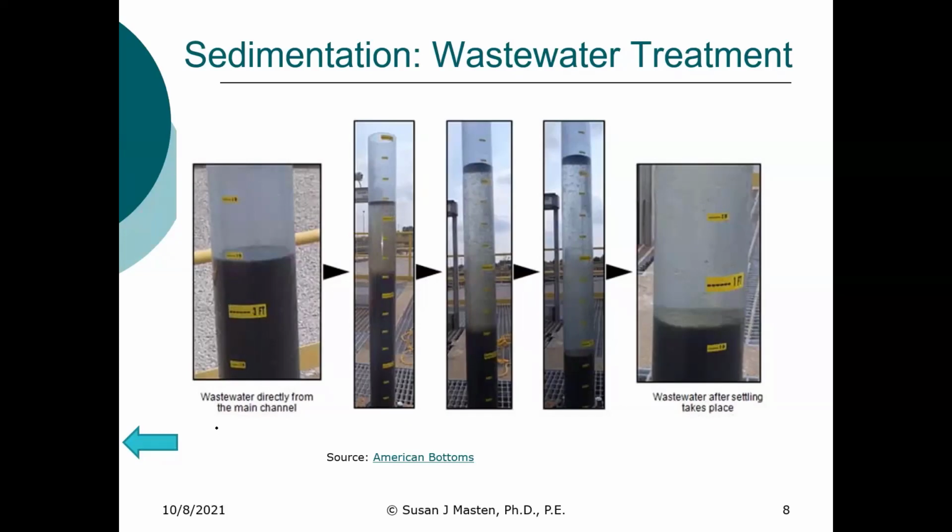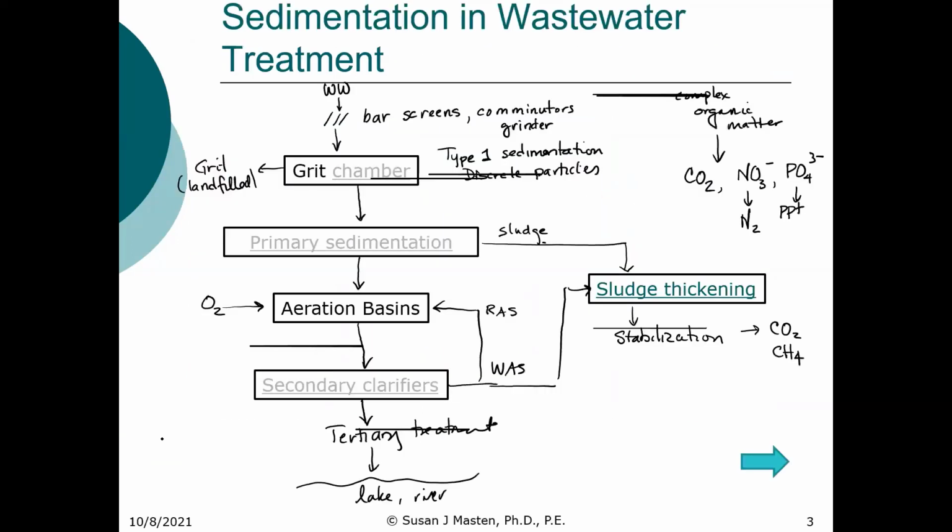The first image on your left is about the consistency of what we call the mixed liquor from an activated sludge tank, and then you can see it's settling. Okay, just going back here in terms of, I mentioned type 1 settling with a grit chamber. With primary sedimentation, that is typically type 2 settling, where we start to have aggregation of particles. They can collide and then they settle more rapidly and more